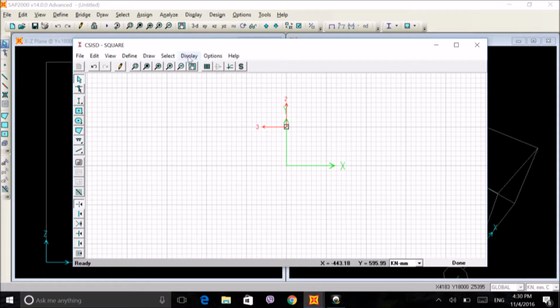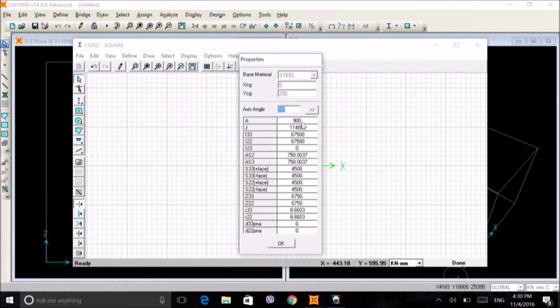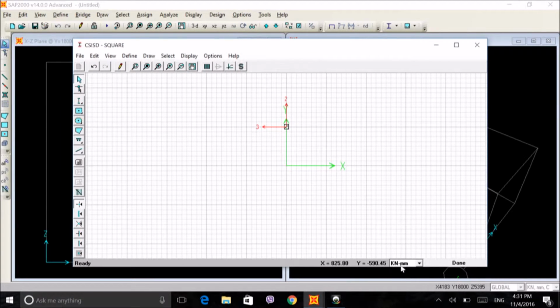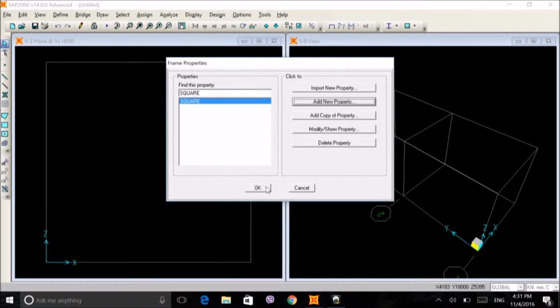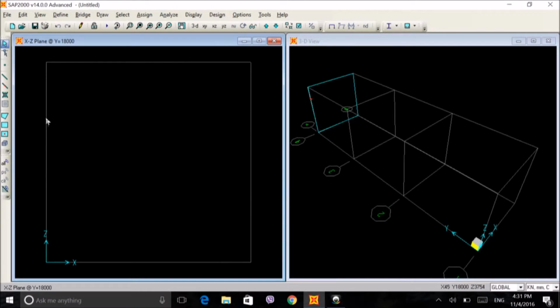Display section property, the area is 900 square, that is fine. Other properties will come by themselves, SAP will handle that. And be careful about units. Okay, that's fine. Now what we need to do is make a model, and for making the model we use this one,